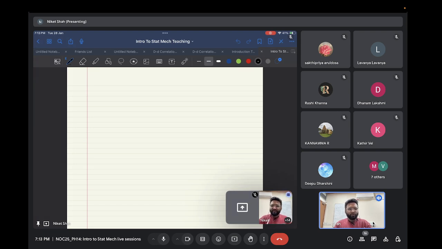I'm not saying it's a very tough course. What I'm saying is you have to keep on working along with the course. It's a very informative, good course. You'll understand statistical mechanics quite well, but don't be lazy in solving the problems. That's all I'm saying. Okay, so I think we can start.